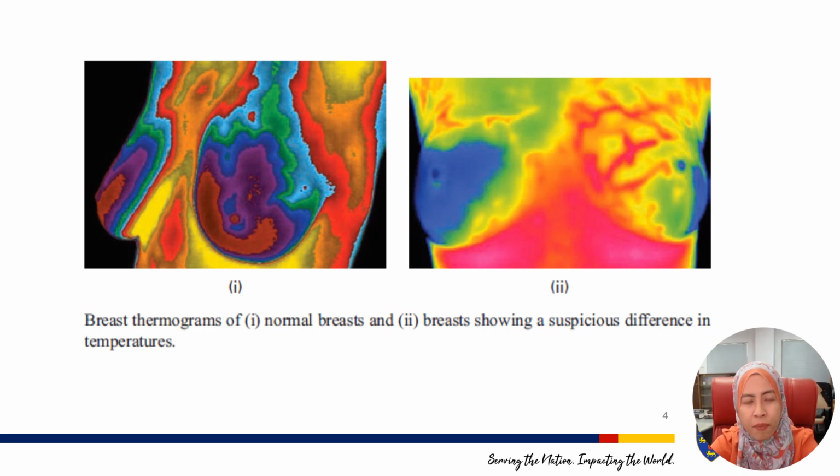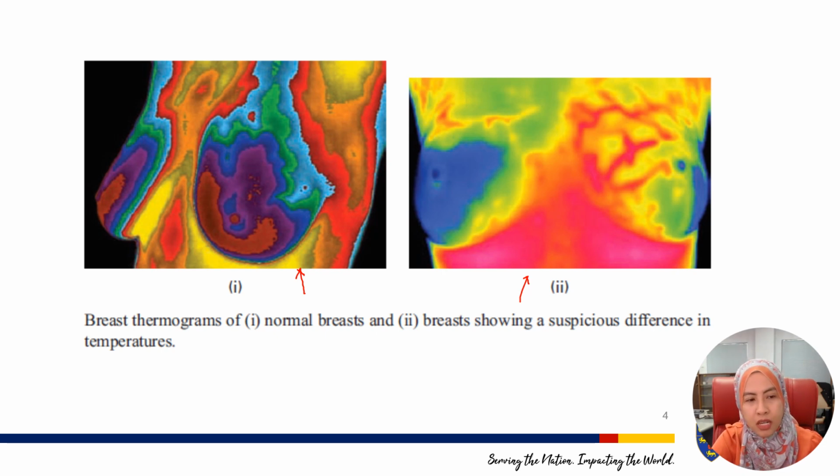Especially during COVID, if you had a high temperature, your body heat map would be higher. Using that concept, we invented this technology where we use a thermal camera to capture the breast area. If the patient has cancer, the cancerous cells will show a color around red and all that. If you have a normal breast like this, the first one is a normal breast, and the second one